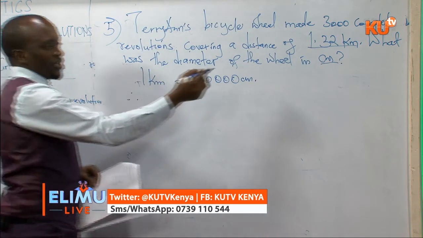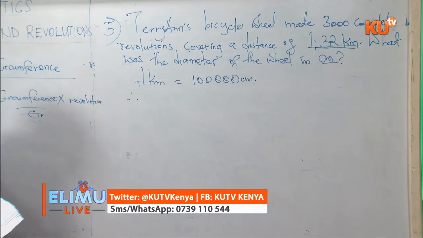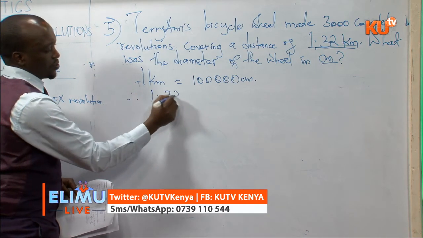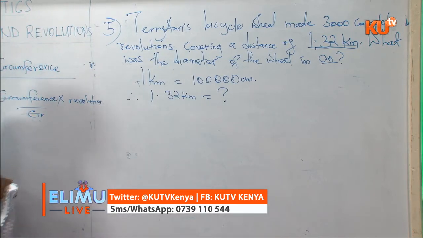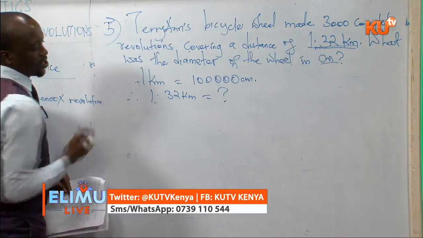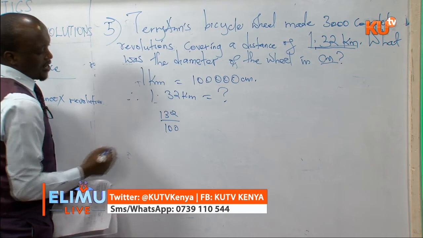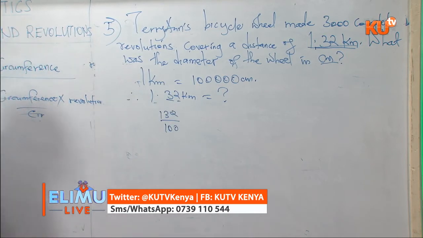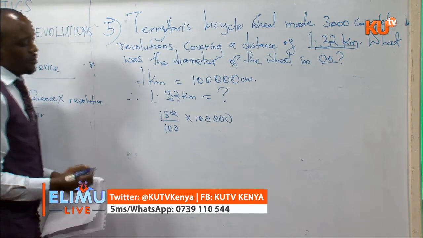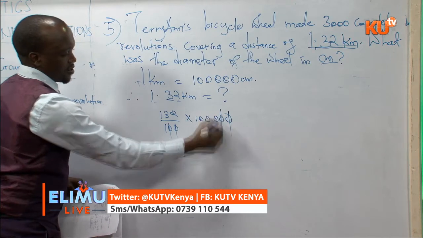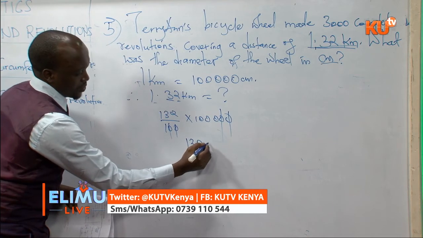Therefore, we want to change this one. We want to know this distance first in centimeters. That is why we are starting by converting the units. Therefore, 1.32 kilometers would be equal to, multiply this one by 100,000. 1.32 is the same as 132 over 100 because of the 2 decimal places. Multiply by 100,000. Those zeros will cancel. We shall have 132,000